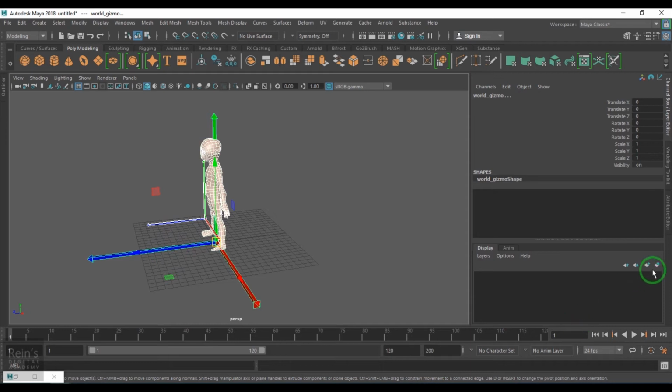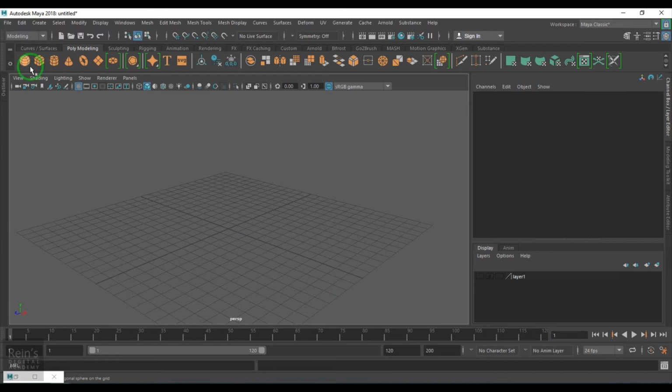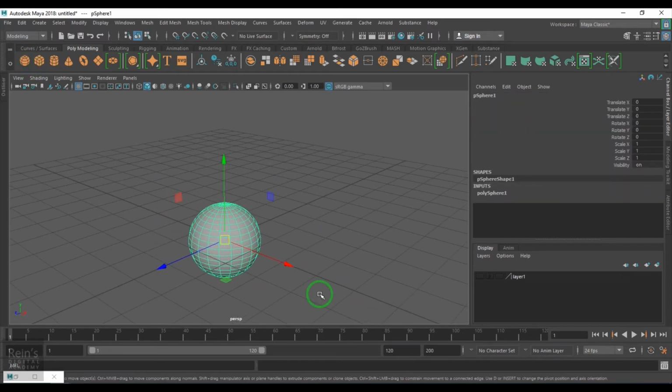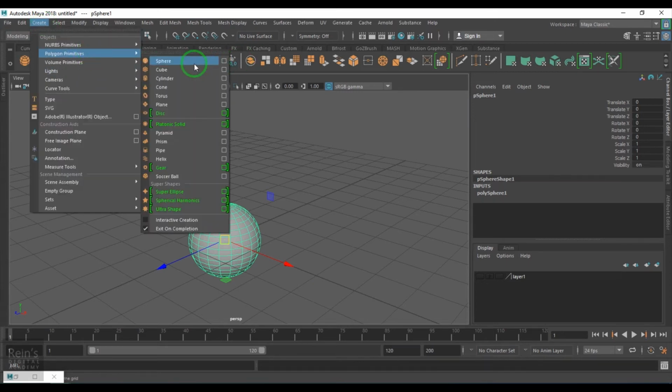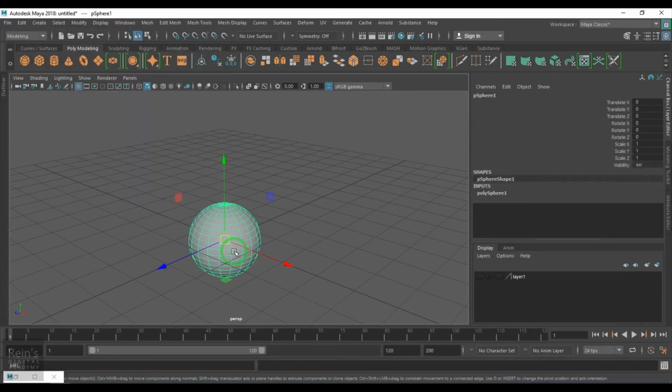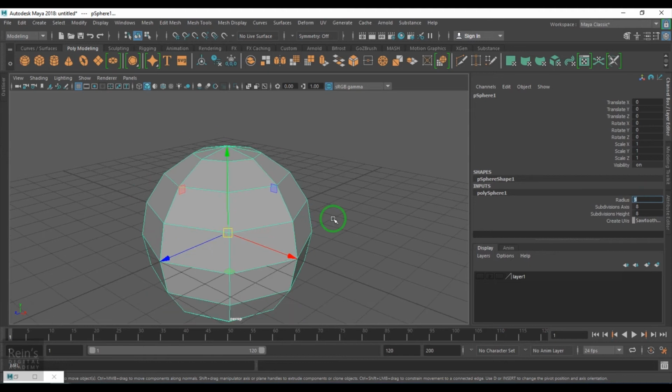Now let's talk about the transform node and the shape node. Whenever you create an object, this object might have some history. The history is that this sphere is created with a tool called polygon primitive sphere. That sphere history will allow me to control how the sphere should be. Should I be controlling the subdivisions? Should I control anything else apart from that? So I can do that here.